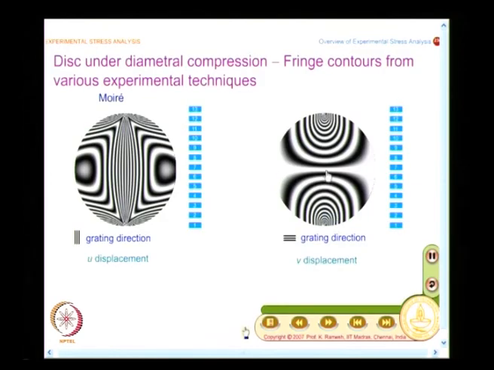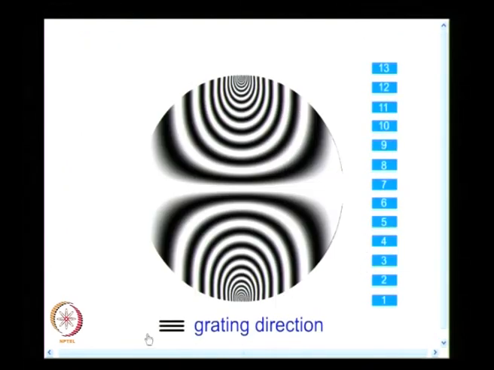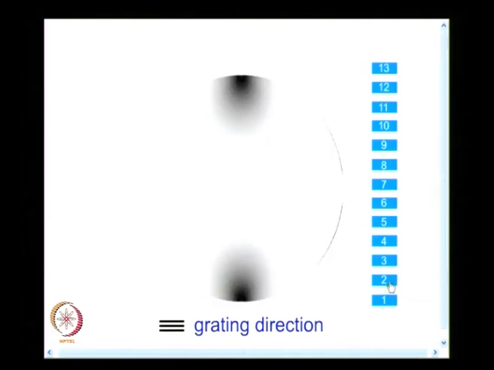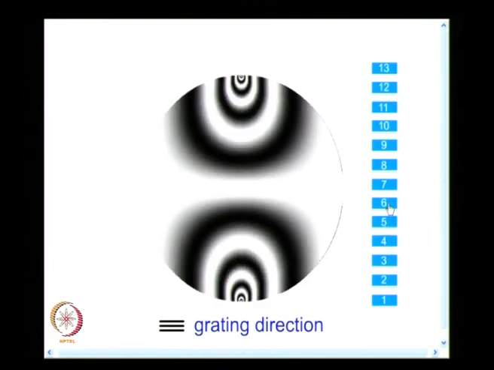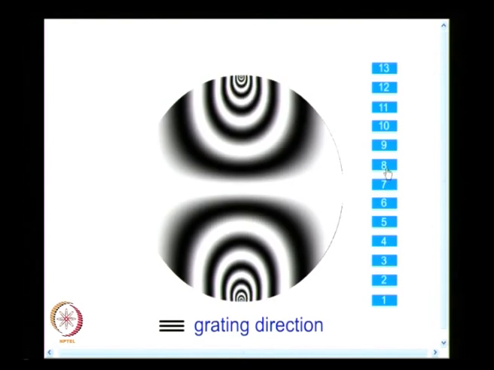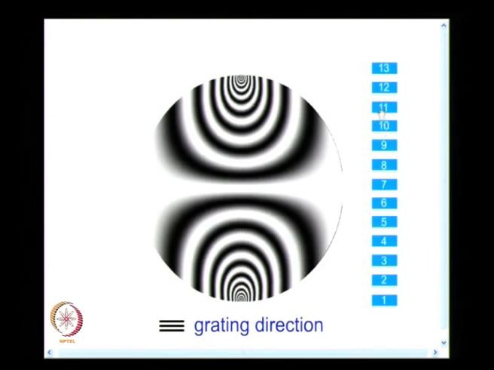And now similarly we will also see the V displacement, and this is what you have here. The grating direction is like this, and as I increase the load, I gradually go from this. You find this is the load application points, and all the fringes come from this, and what you also find, you have a very broad fringe, and as you increase the load, the fringes move and occupy different positions. So, it is possible for you to label them appropriately.